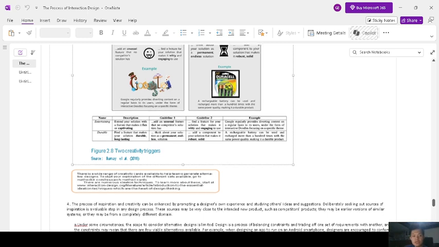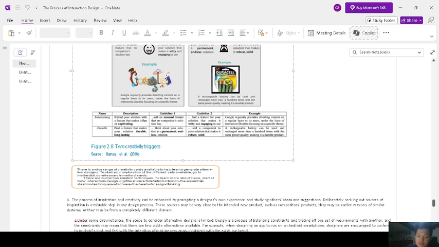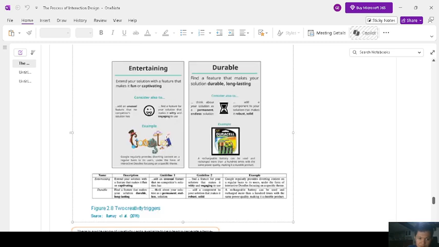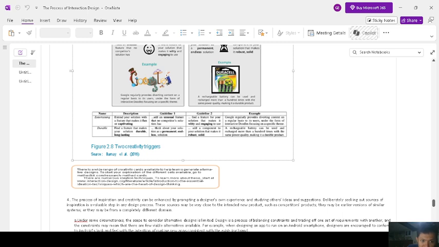So Google actually redirects their users from time to time to focus on a specific theme. Here's an example of that. So for entertainment, durable, guideline one, think about your solution as a permanent, endless solution. Add a component to your solution that makes it robust, solid. A rechargeable battery can be used and recharged more than 100 times with the same power quality, making it a durable